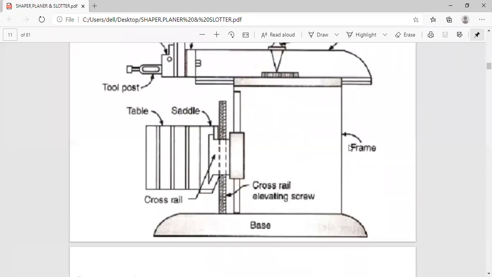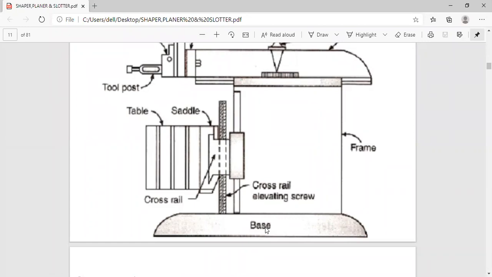It is actually known as a column. You just try to see in different textbooks, there are different names, but mostly this is the outside frame, but this is the column. Where I am showing the cursor, you just try to see, we have the table. Beneath the table, we have the table support, and we have the saddle also. This is the saddle rail. At the side of the saddle, we have a cross rail. So all that we try to see. This is the base.